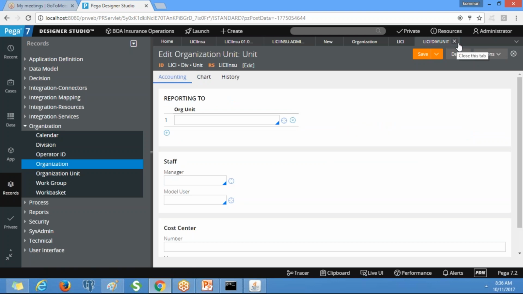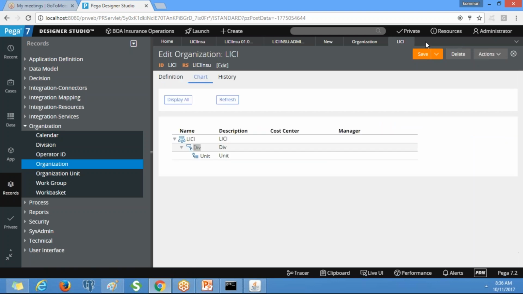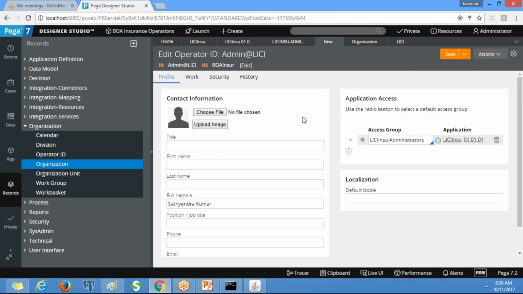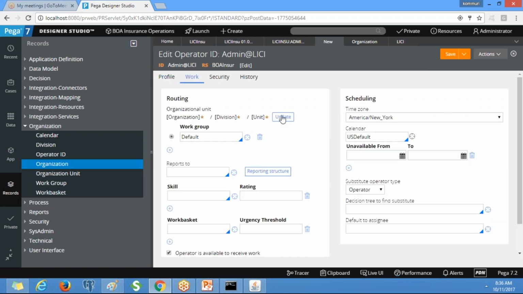We have updated, right? So now go to the operator. So we haven't saved it. Go to the work. So here we need to update organization unit.